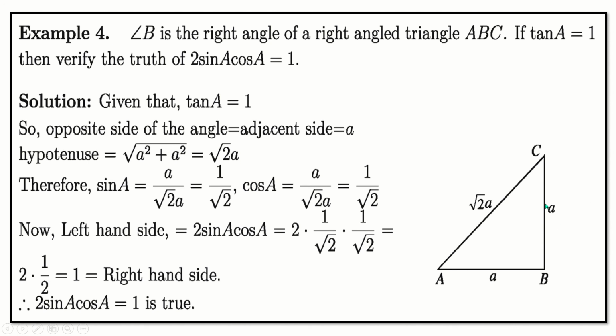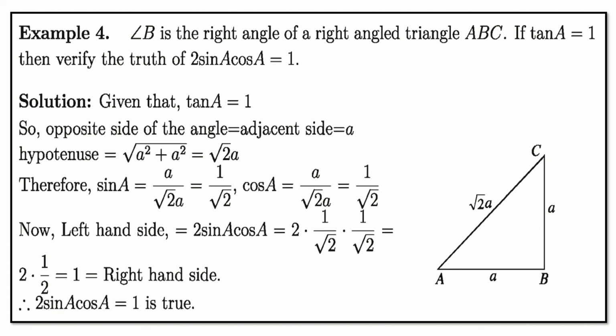Okay, so if here is this side BC, tan A equals 1 means here the denominator is also 1. So this and this are equal. So if this is equal to a, this is equal to a, so the hypotenuse will be the square root of a square plus a square. A square plus a square means the square root of 2 into a square. The square root of 2 into a square means a root 2, or root 2 into a out of the square root.